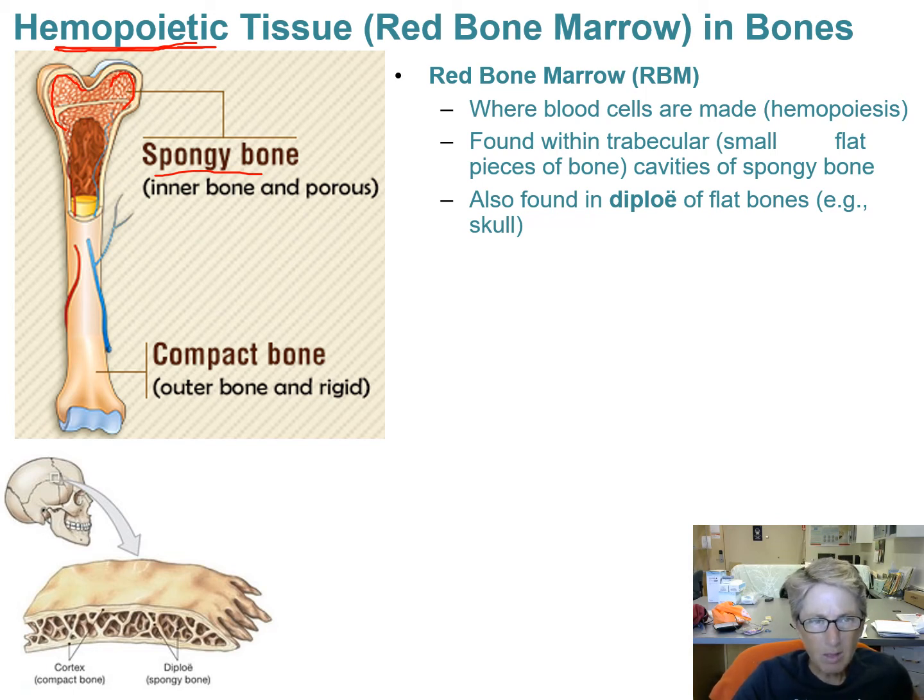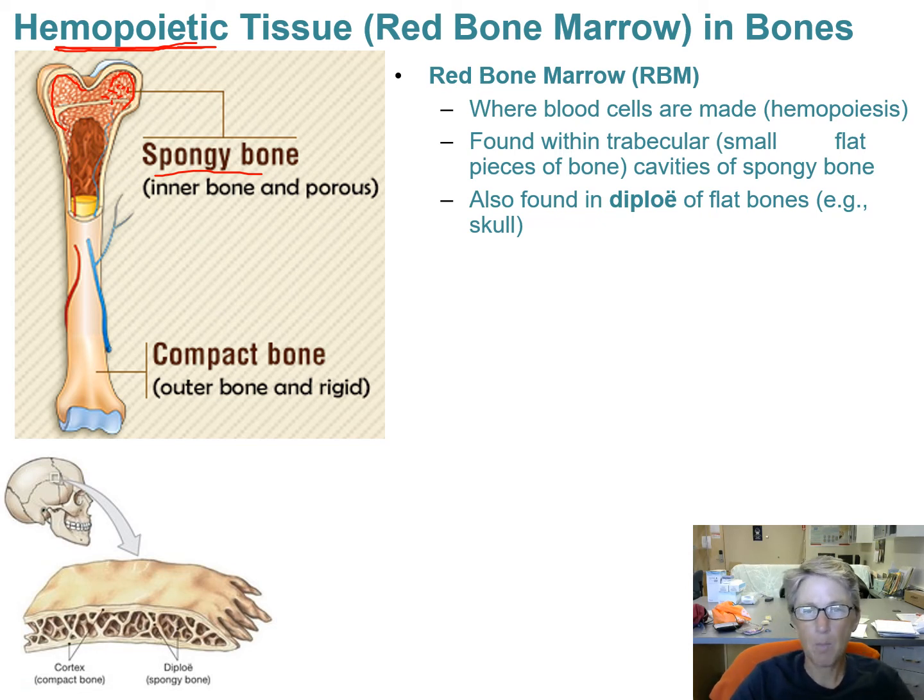When the early scientists looked at this bone, they saw these little flat pieces of bone, and they called them trabeculae. Trabeculae is just beam in Latin. I guess it looked like a beam, like in the olden days, a beam of a log cabin or something. They said, oh, these things look like beams, so we'll call them trabeculae. They form these networks, and then within the networks you can find the